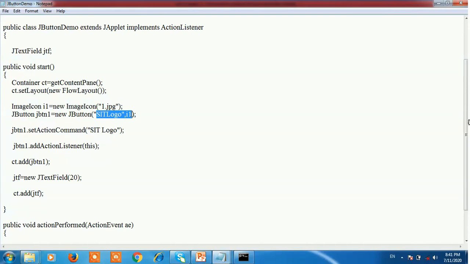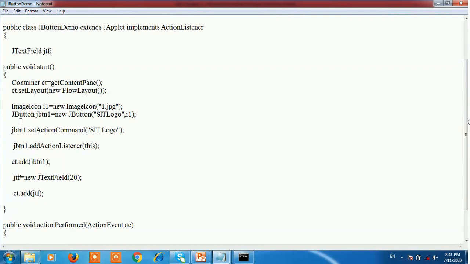First is a string label, which is the name of the button, and the second parameter is the ImageIcon object i1. The particular 1.jpg image is stored in i1, and that will be passed as a parameter to the JButton.